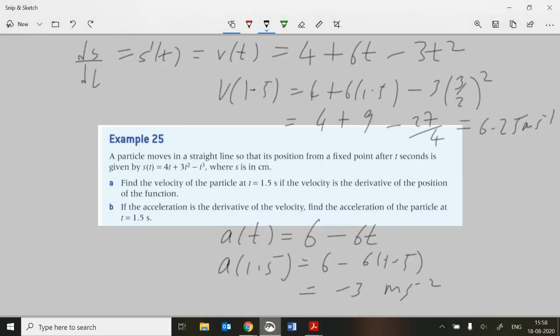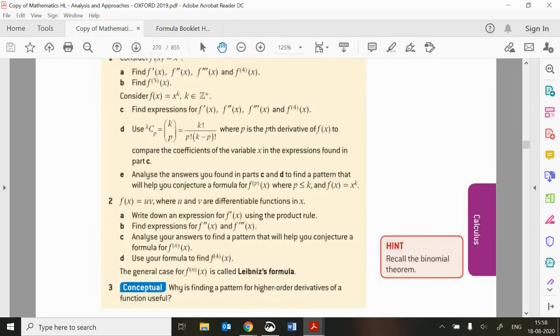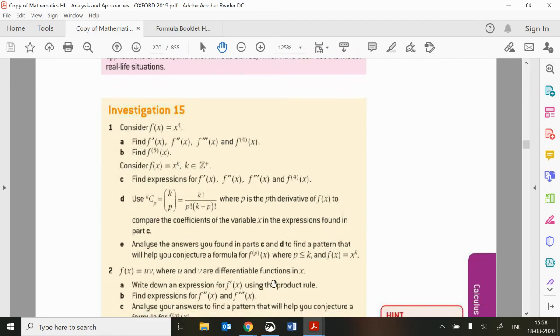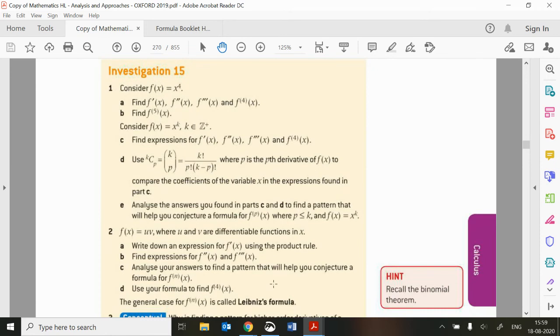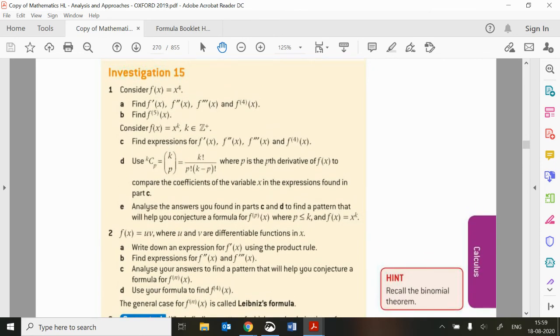That would be legitimate. But that's why they're asking you in the questions, can you use Leibniz's formula? Because they've dealt with it in the investigation that they're expecting you to have looked at. But you're not expected to know this for the exam. Okay, so what are we doing here? This is all about